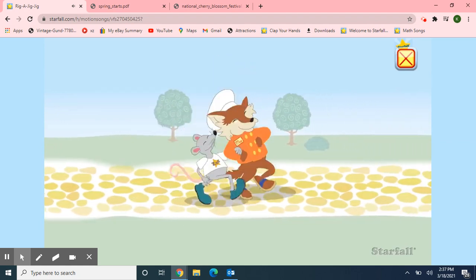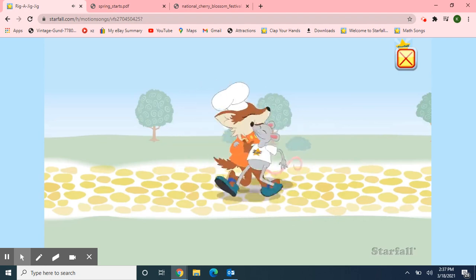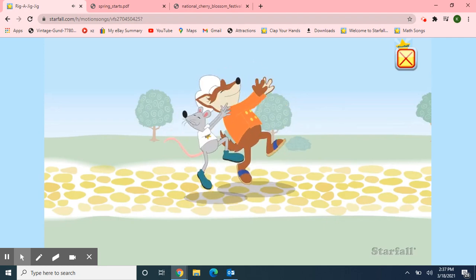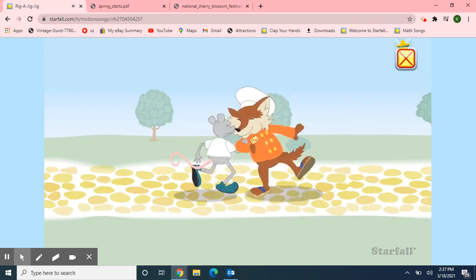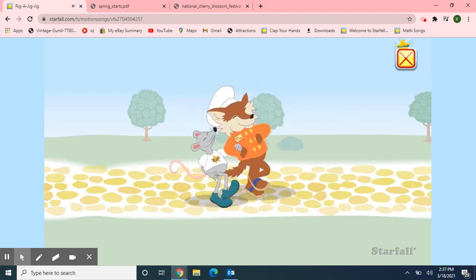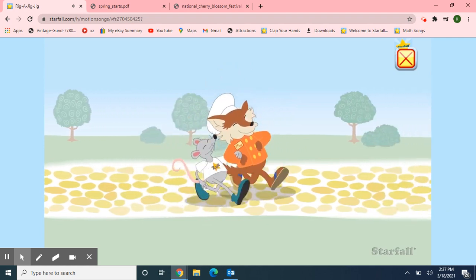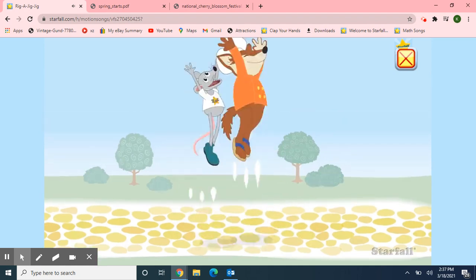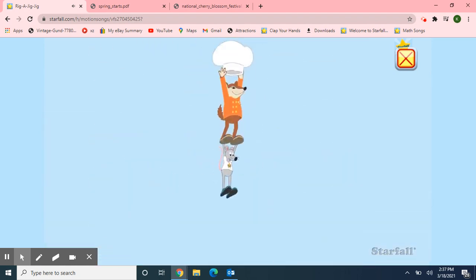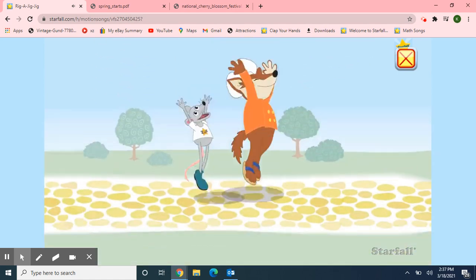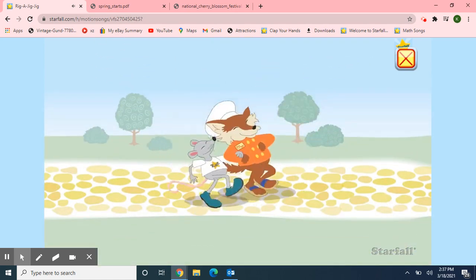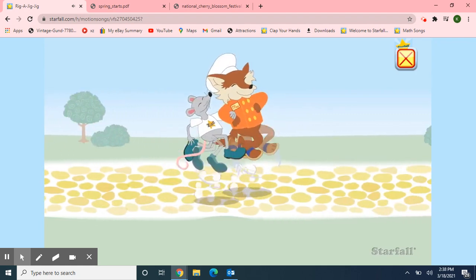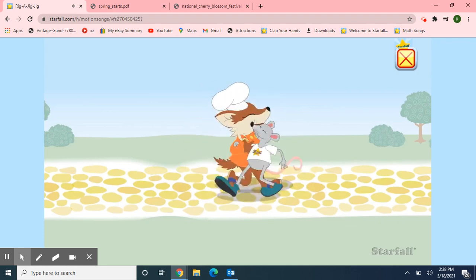A rig-a-jig-jig and away we go. Hi-ho, hi-ho, hi-ho.